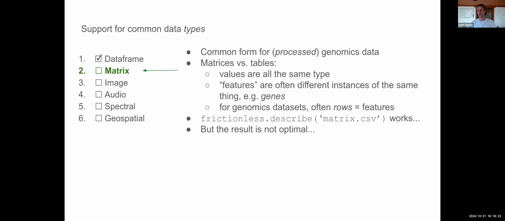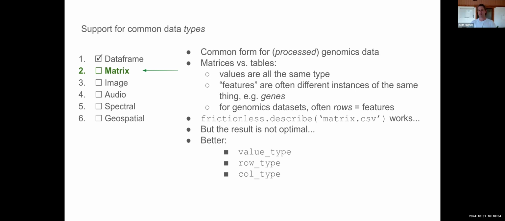So if you have 20,000 genes, it'll infer a schema, and it'll have 20,000 values that should be the same thing if it gets it right. But it's redundant, right? You're not learning anything new, because you could just say that once and say, this is the type. So what would be better, in my view, would be something like this, where you just indicate the value type of the entire matrix, and then maybe something about the row type and the column type. So the rows correspond to genes, and the columns correspond to patients, for example.